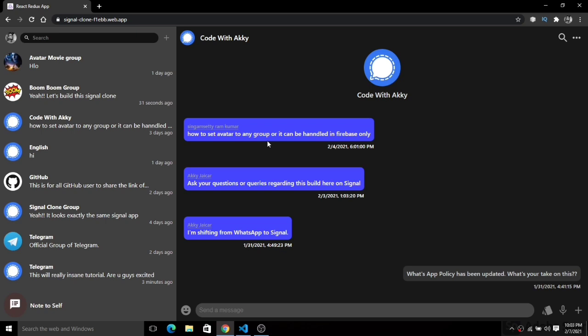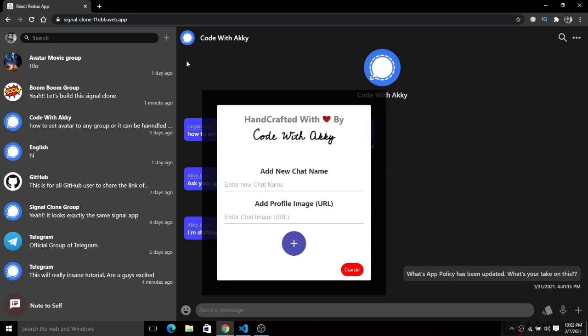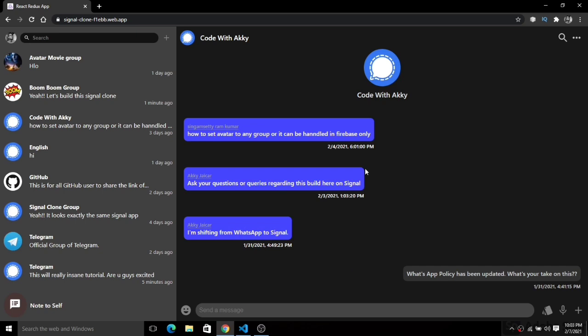You can set the avatar simply by adding an image URL, a profile image URL, just like here. In this way you will simply add an image for that. There is no backend, and we have not added Firebase for a default image here. So that's the thing here. I think you have got the answer to what I'm saying.